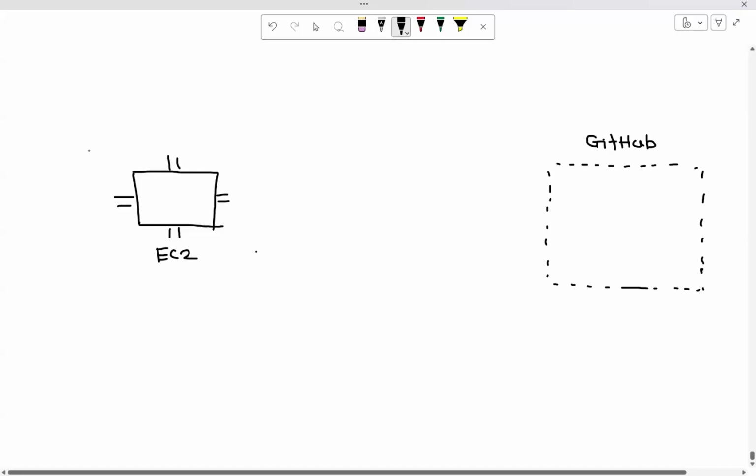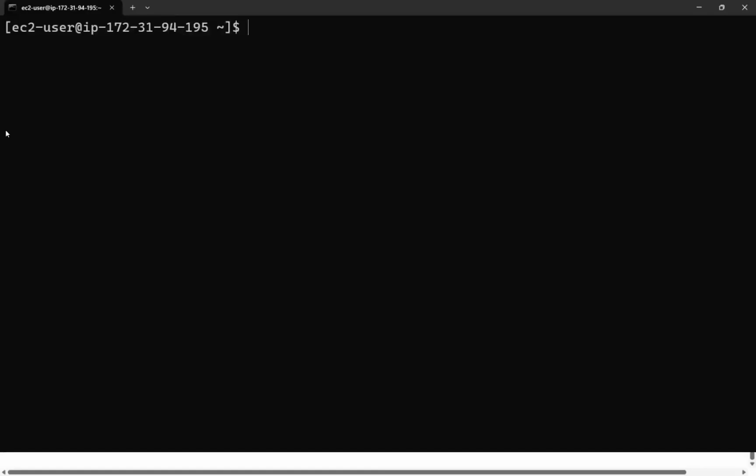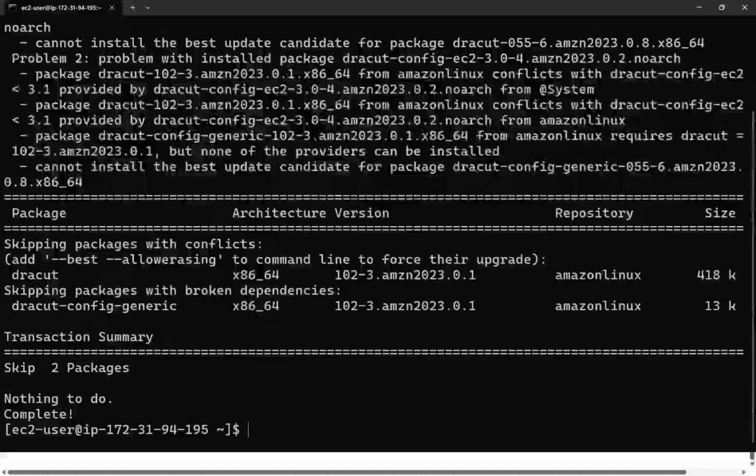As I've told you, the very first thing that you'll require is you need to configure Git over here, installation and everything. Let's just do that. So the very first command I'll use is sudo yum install. I'll first do update of this environment. Sudo yum update -y. It's complete. There's nothing to be updated. That's a good thing.